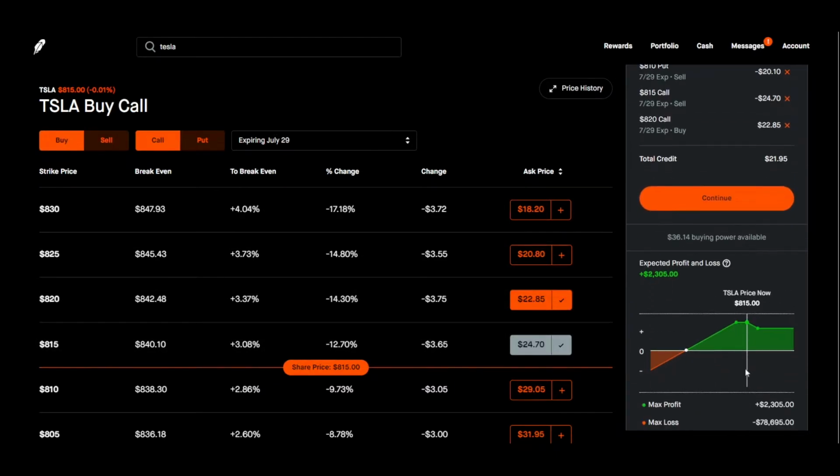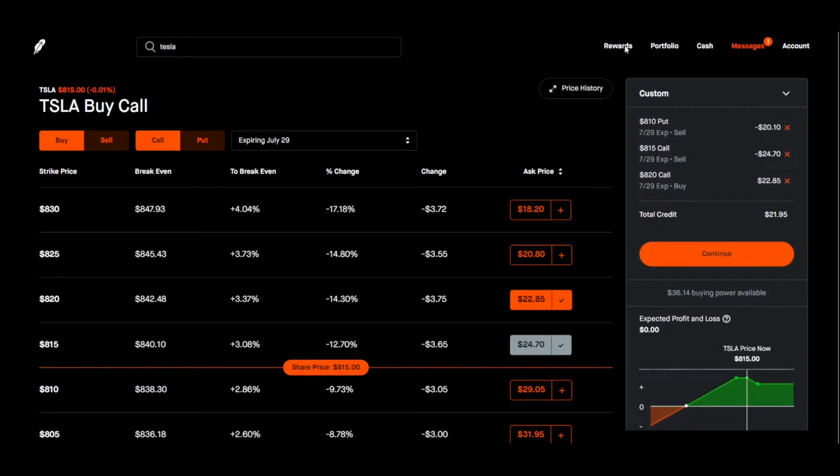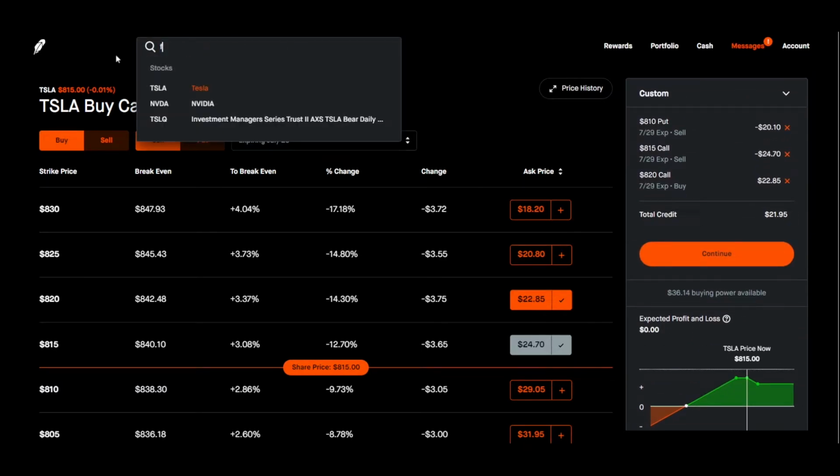So this is the other setup that you can see where it'll stay green on the right side, and so it just changes a little bit depending on the stock and the expiration dates. So this one makes a lot more money, and you'll see as long as Tesla stays above 786 before 6 days from now, the expiration date, then we should be good. Obviously this is going to be much more expensive to put into place, and you're going to have to put up a lot of collateral in order to go through on this. But we're going to go back to the Ford one real quick,